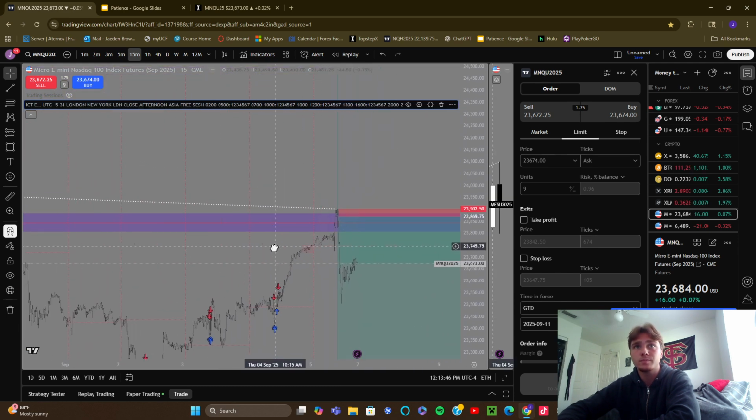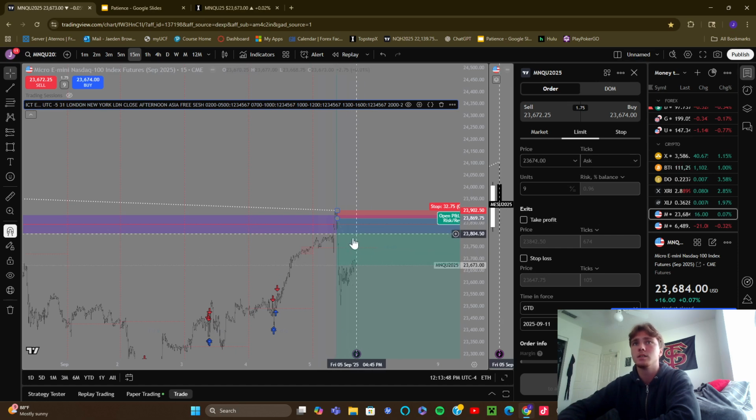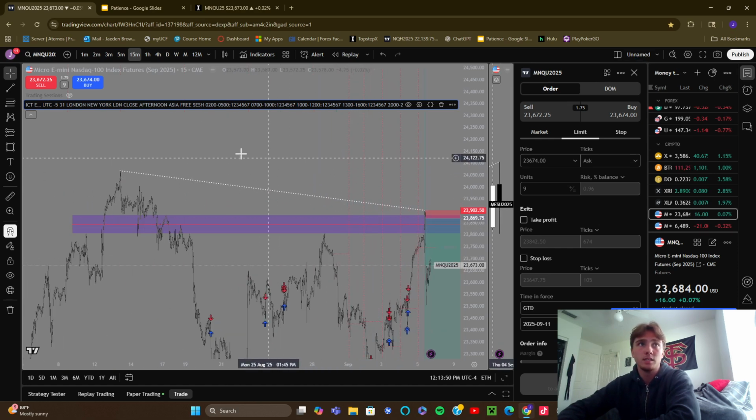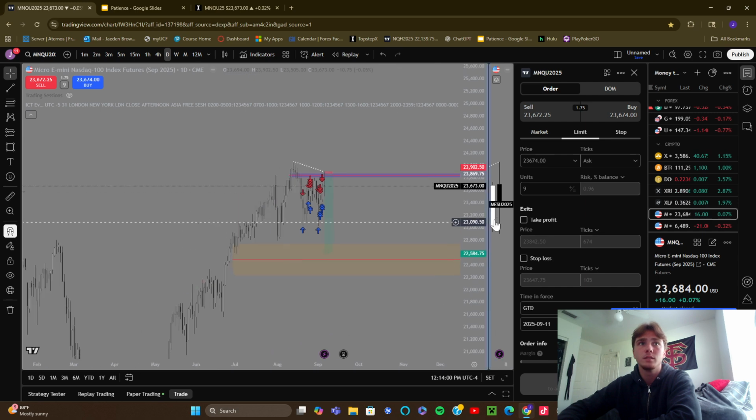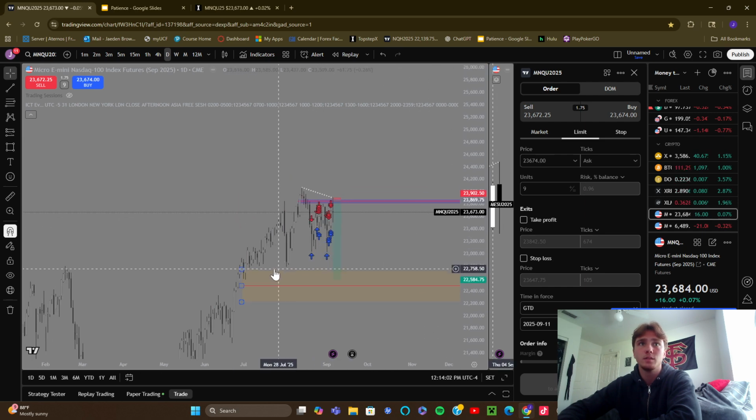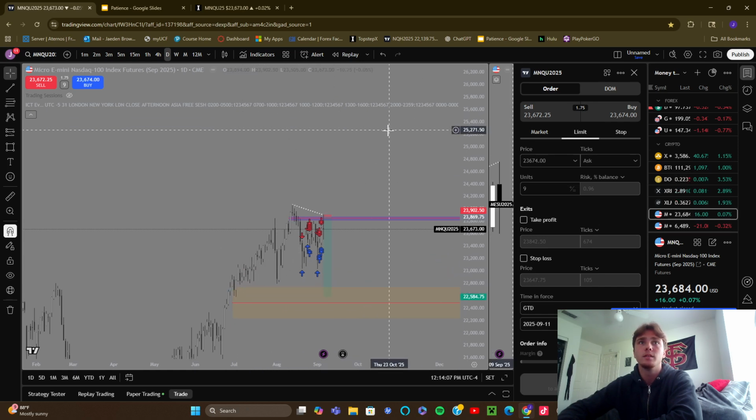And if that doesn't happen, price is just going to dump next week because SSD is still here. We might take out this high or a relative equal high, maybe 0 ounce on the daily, whatever. My point is, price is going to dump, take out these relative equal lows, and then go into this fair value gap. And then that's when we would actually see the real move higher that everyone has been talking about. Everyone's been fantasizing about this massive bull run.